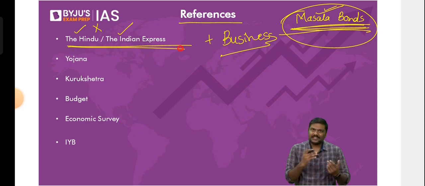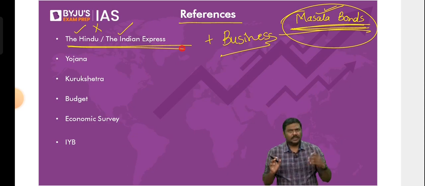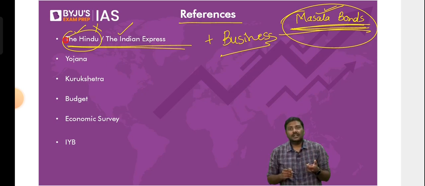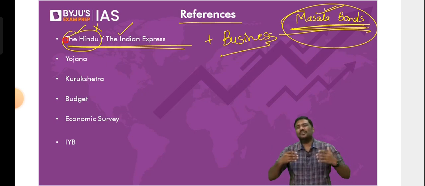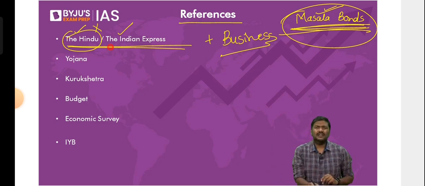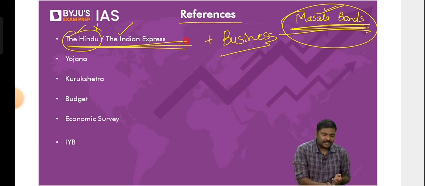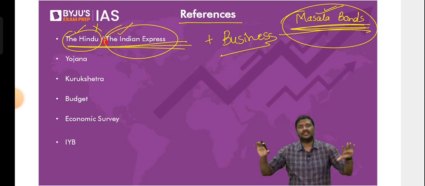So my recommendation is please read a national daily, either The Hindu or Indian Express. Left to you. Because frankly speaking, many students will feel the language of The Hindu is slightly difficult to understand and comprehend. I can understand. For those students, I would simply recommend just don't read The Hindu because everybody reads The Hindu. At the end of the day, you should have information that is more important. Then you can simply shift to another national daily, Indian Express. Entirely your choice.